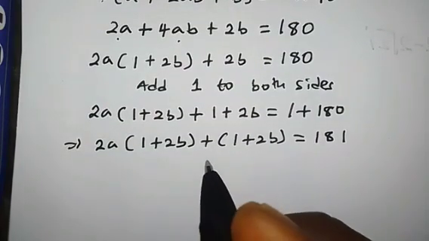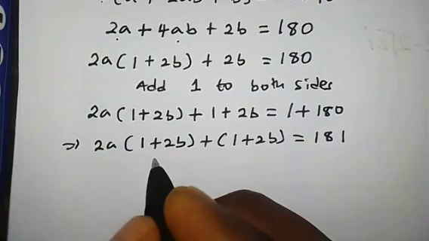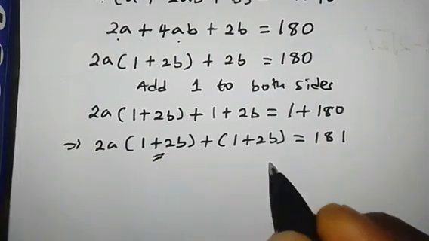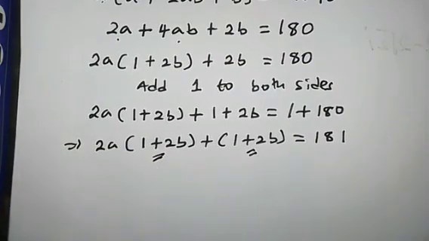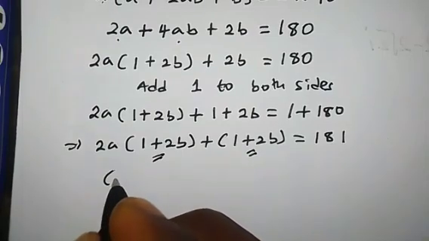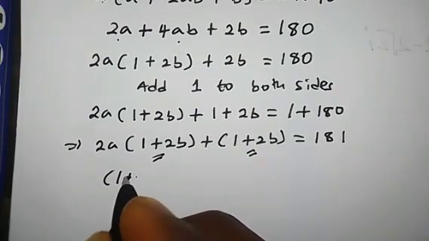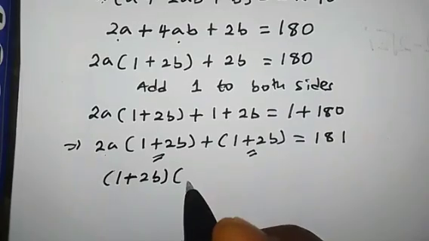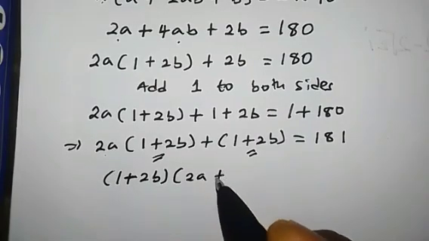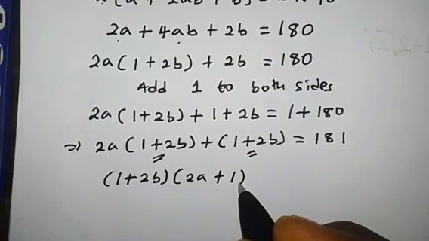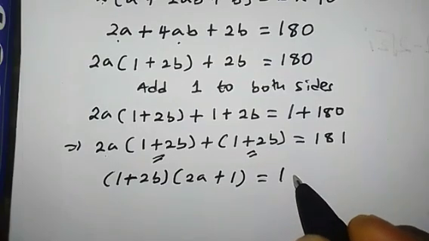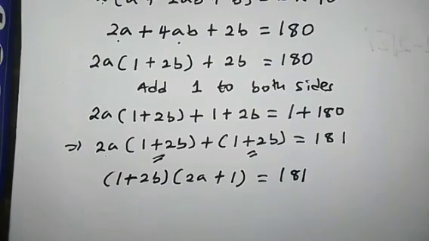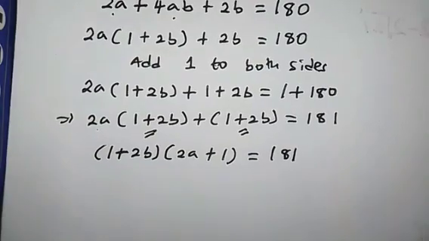What do you notice here? You will notice that 1 plus 2b is common. I can factor it out. So that will be 1 plus 2b times 2a plus 1 equal to 181. At this stage,